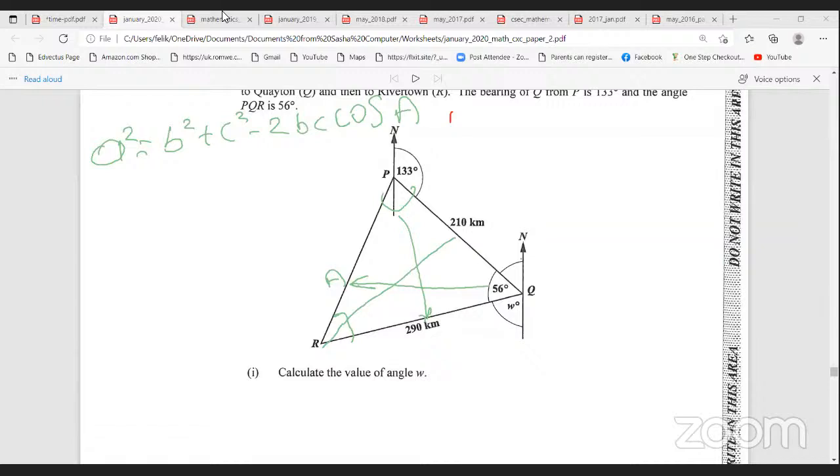Any one of them can be B and C. So let me just say A squared equals